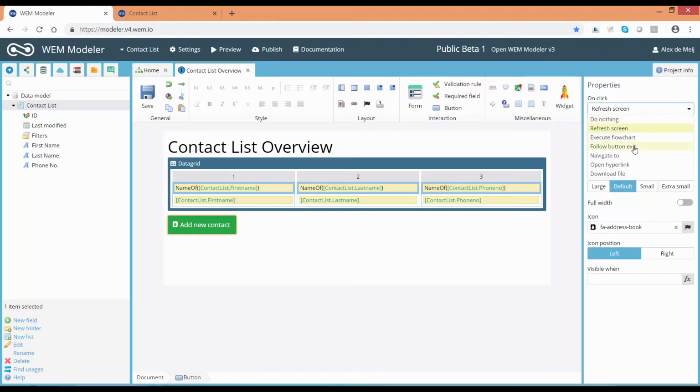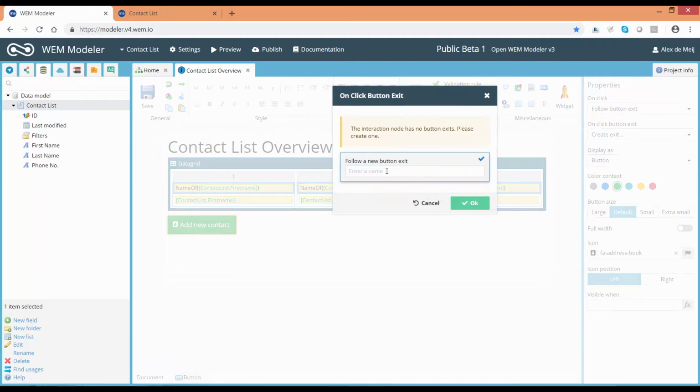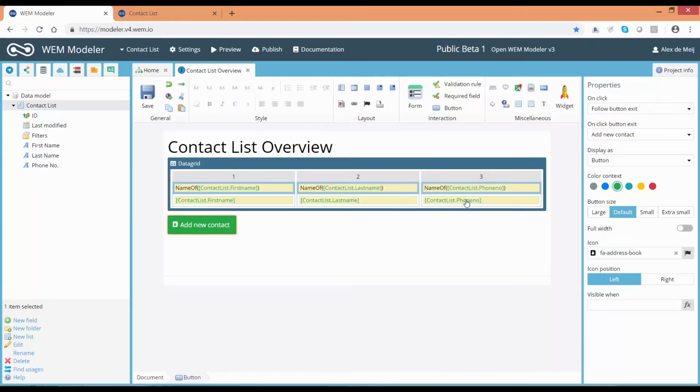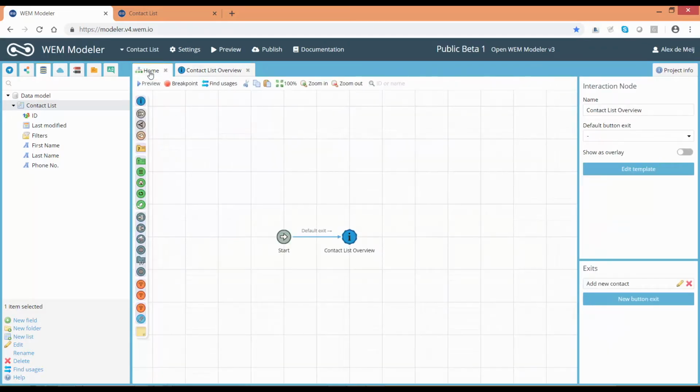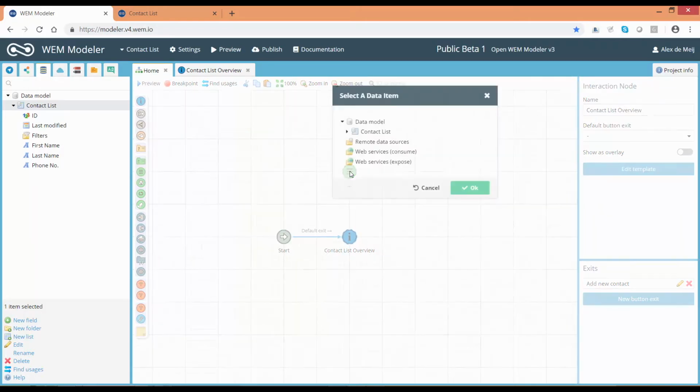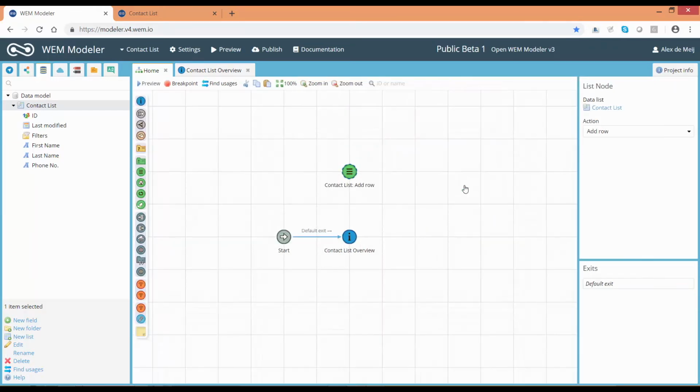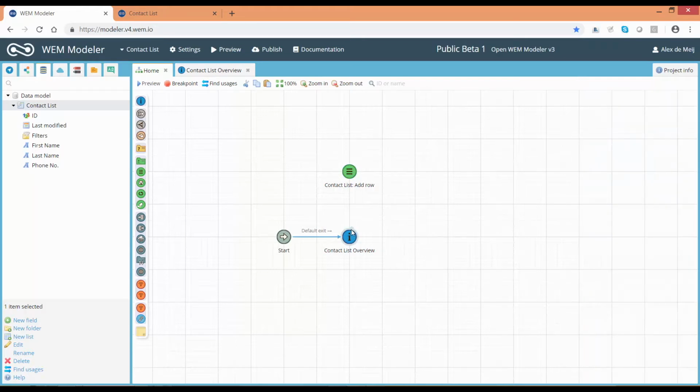And within WEM, we use exits to do that. So button exits are really like triggers that can trigger other user interaction screens or actions. So I can add a new contact as an exit. And when I go to the flowchart, I can have a green, what we call a list node. It's a database node, which we can use. So select the database you want, and it automatically says it adds a row. So this is like a database action. And the only thing I have to do is connect this green list node with the exit